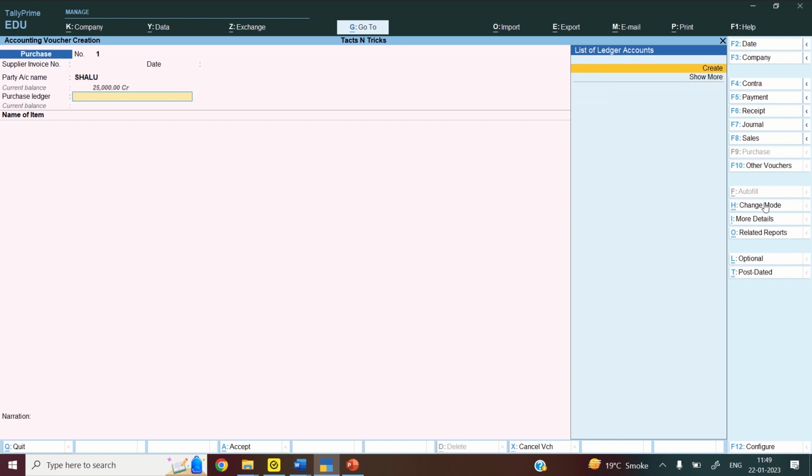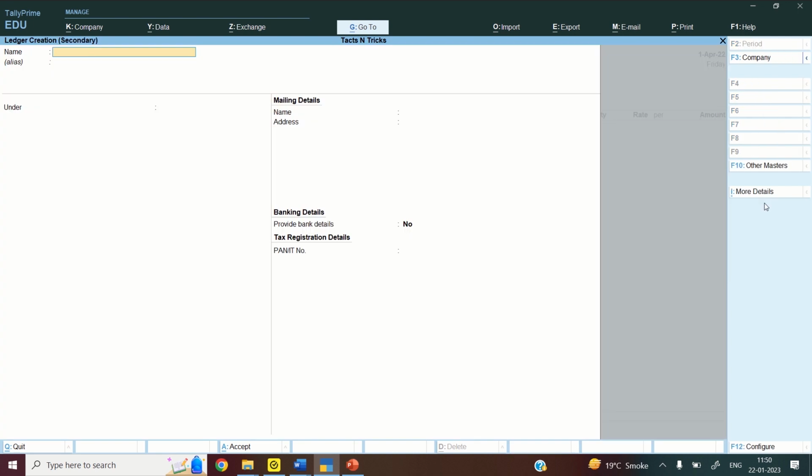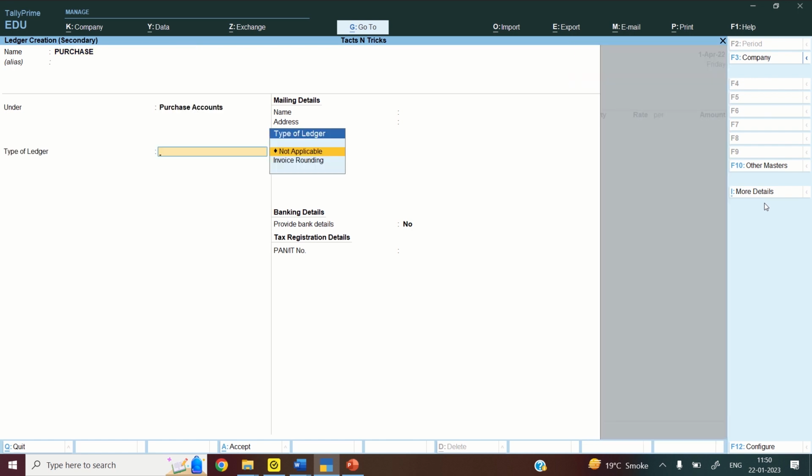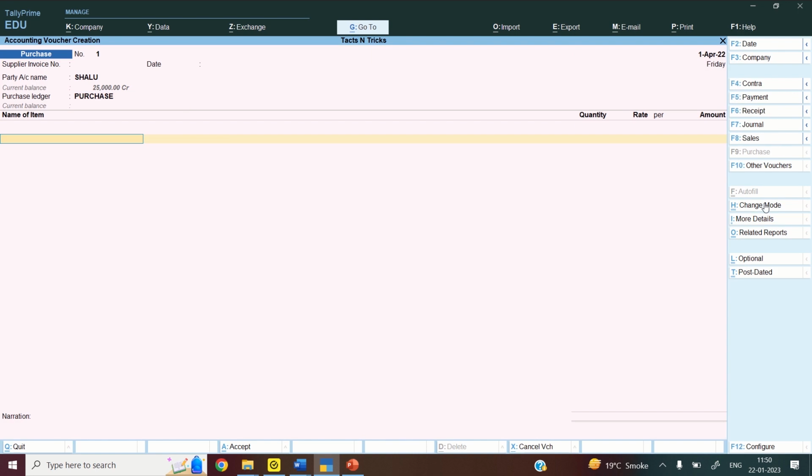Now here it is demanding a purchase ledger. Have you created the purchase ledger? No. So being on the voucher, you can create the purchase ledger. You need to press the shortcut key Alt plus C and then create the purchase ledger under the group purchase account. And you can just press Control plus A. Just write the name, write the group it belongs to, and press Control plus A and the